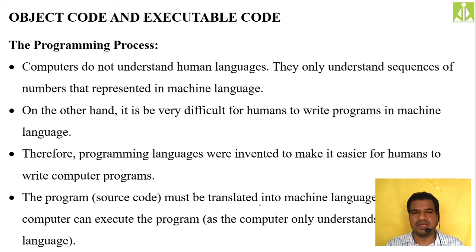We have a problem over here, isn't it? The computer is not understanding human language, and humans are not understanding the computer's language. Humans' languages are natural languages, and the computer's language is machine language. So both are having difficulty in order to establish communication. That's the reason we are dependent on intermediate languages like C, C++, Java. All these languages are intermediate languages. Those intermediate languages we are learning, and with the help of those languages we are communicating with the computer.